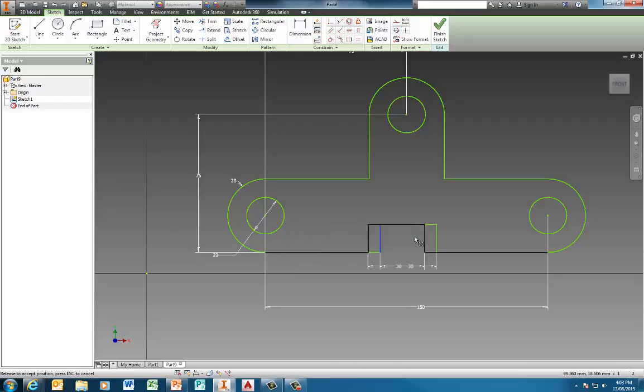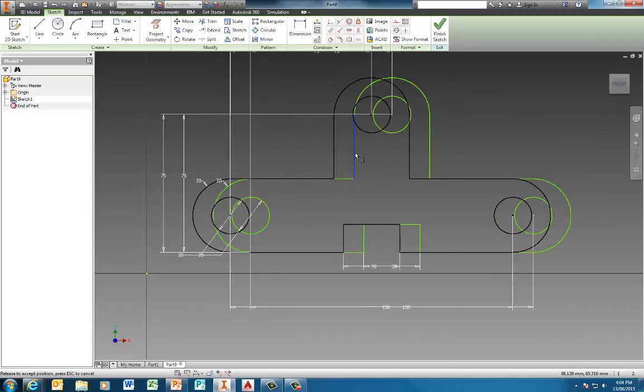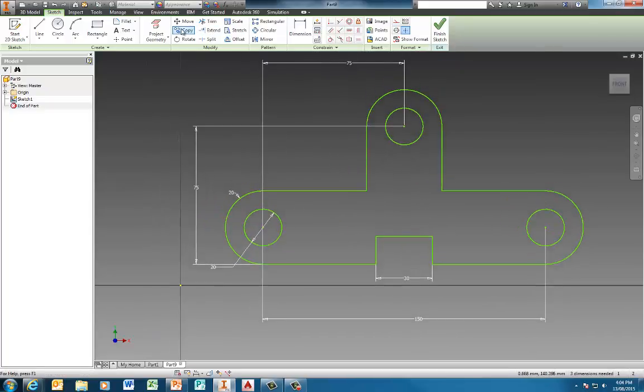Now one of those is going to be in order to position this. Now because this feature here needs to be in the middle, what I can use is the equals constraint to make that line equal in length to that line. And that actually puts that in position for us. Now we're going to have the same sort of issue here as well. And I'll try and add a constraint to that as well. So if I add an equals constraint to here and here,